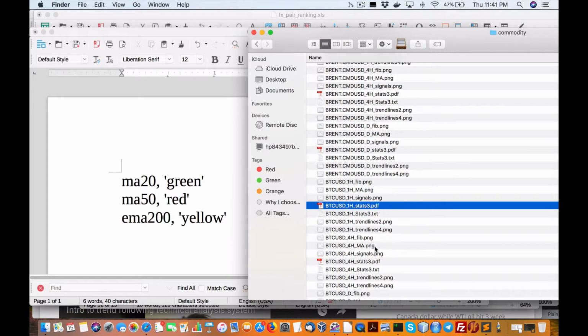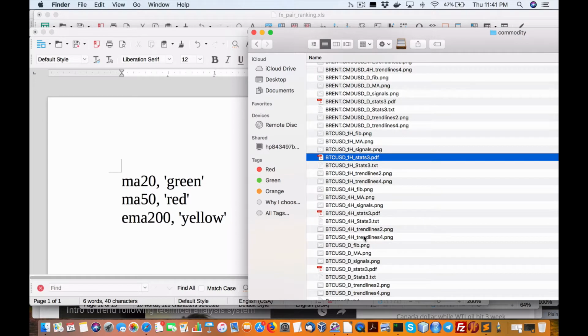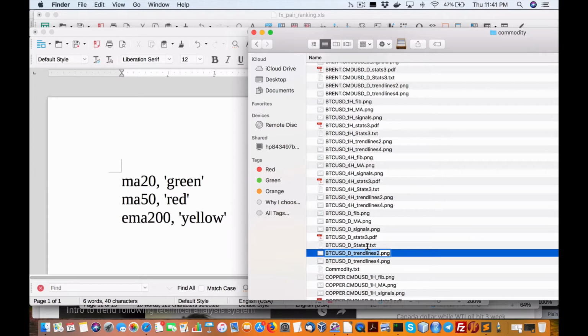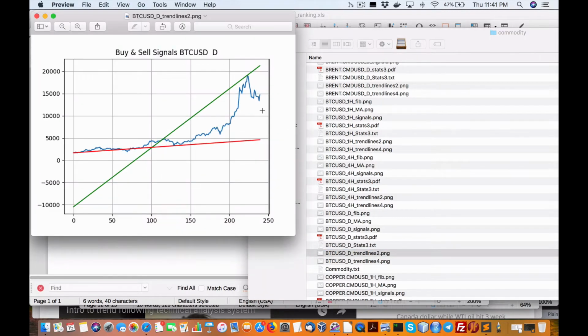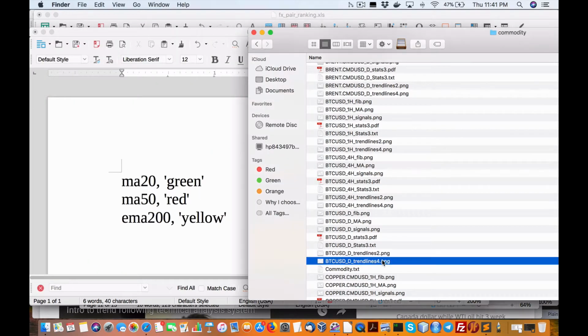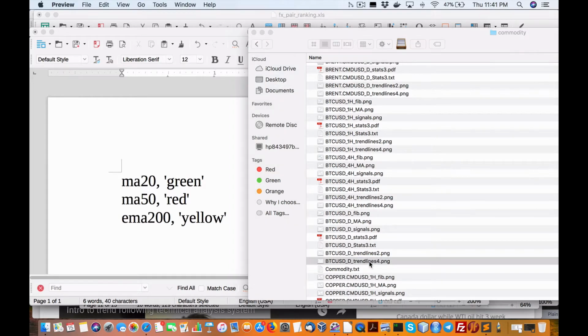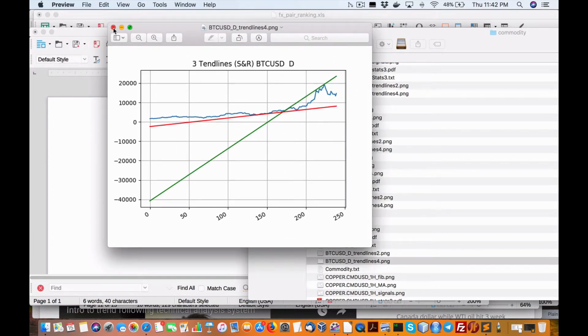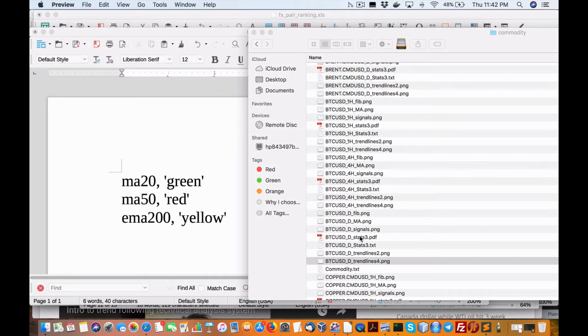So we have Bitcoin, which is obviously the most volatile, with the strongest trend, or did last year. But when you look at the downtrend, it's just getting clobbered. Now, let's see if I can see anything in this two-line trend. Doesn't say a whole lot. So it's now going into possibly a consolidation or range-bound mode. But again, we can use the moving averages to determine that. So if we move into the